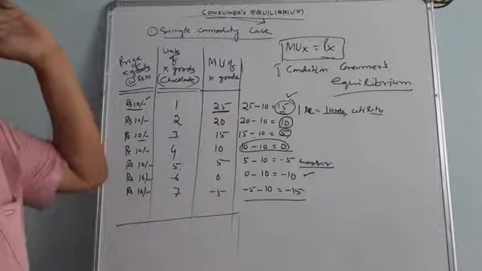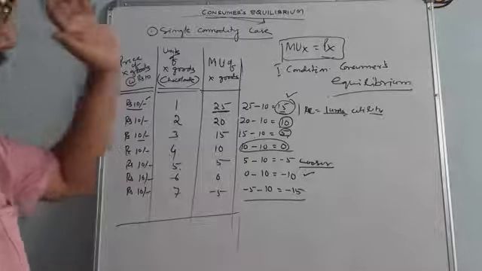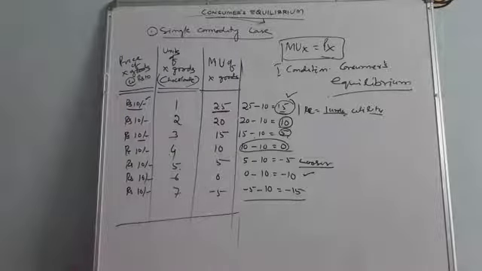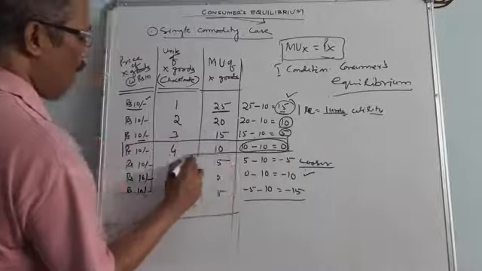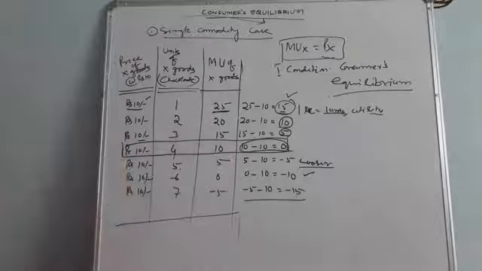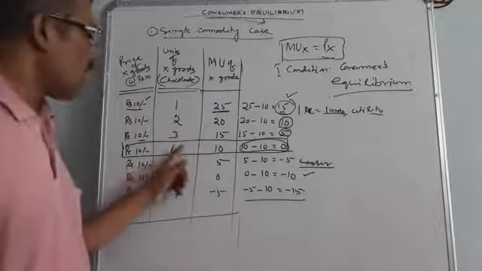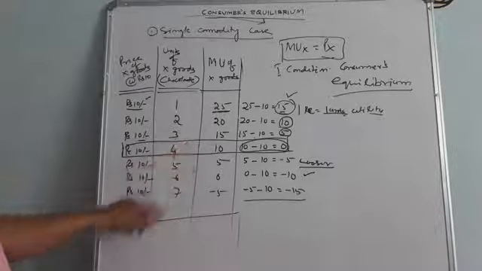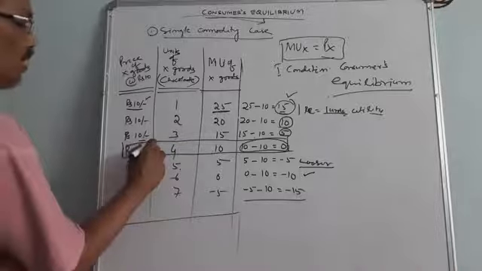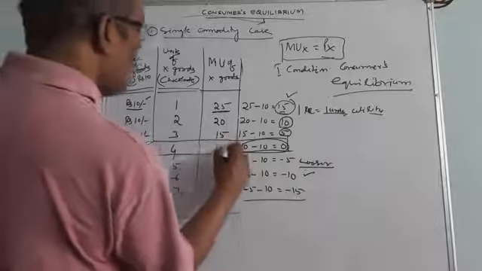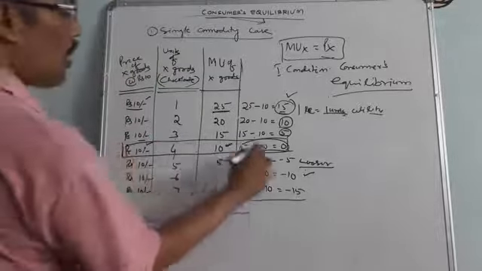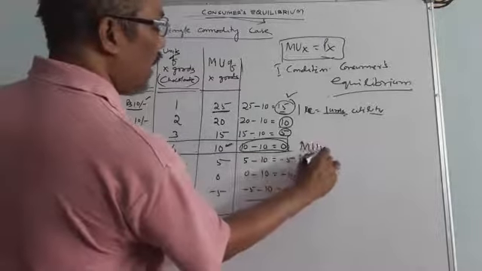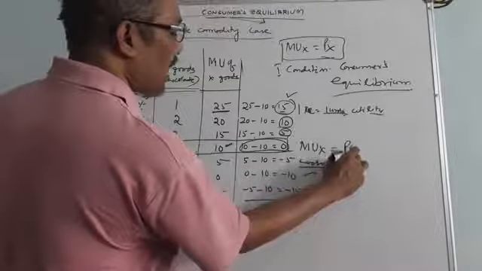Think here, sir. I will say here it is the fourth unit. A rational consumer will purchase up to the fourth unit. In this fourth unit case, the price is rupees 10 and the marginal utility is 10. So that is the balance, where the marginal utility of X equals the price of X.